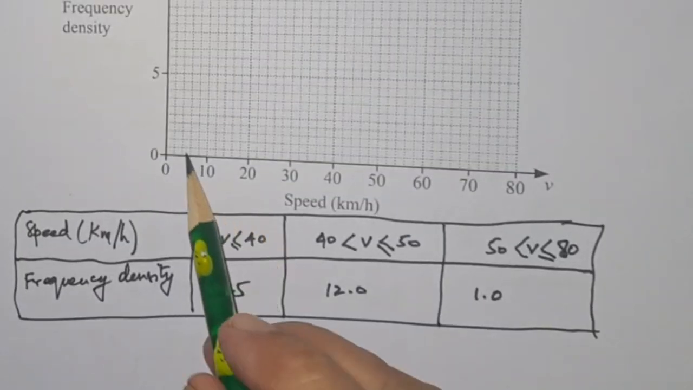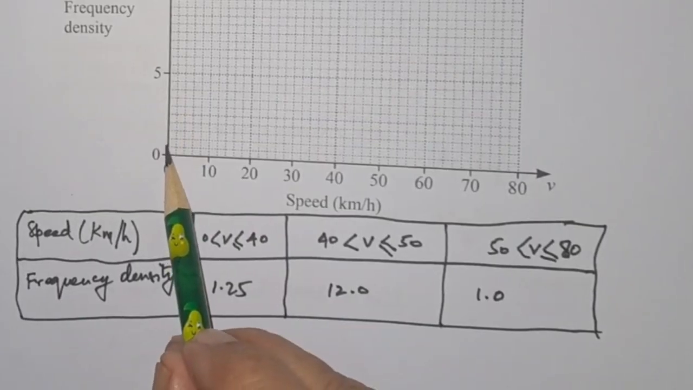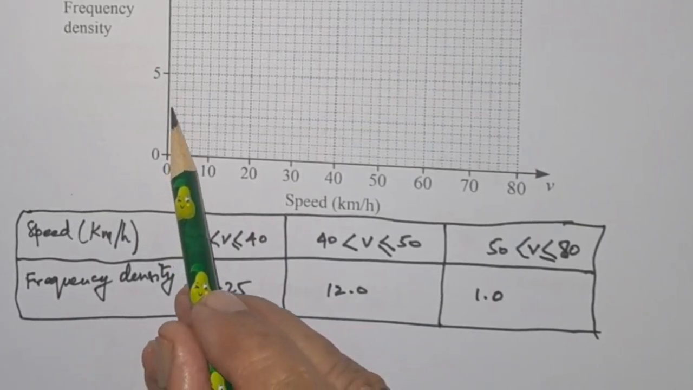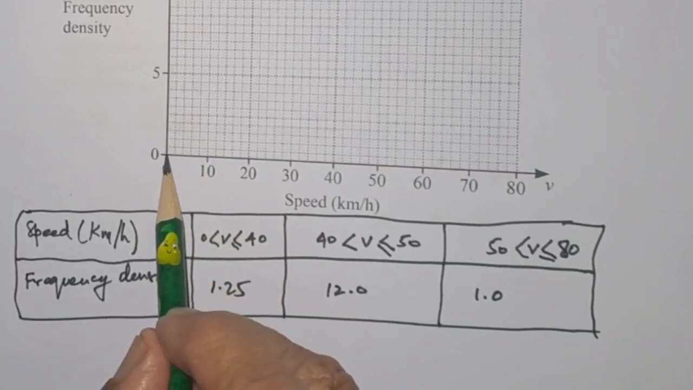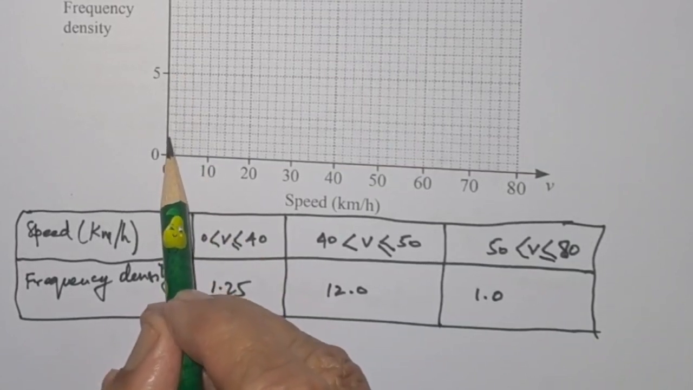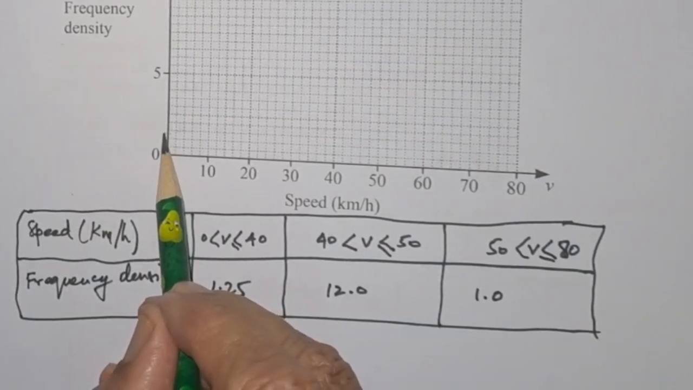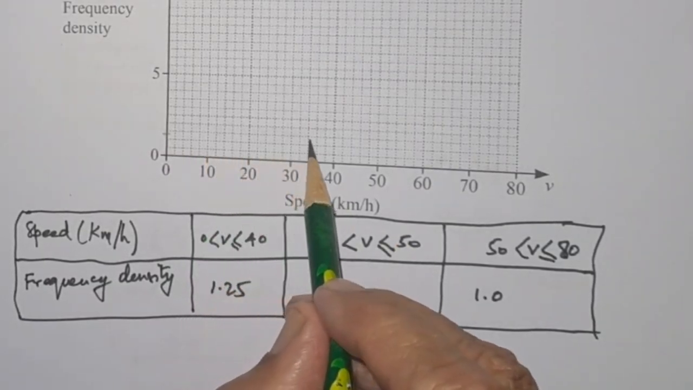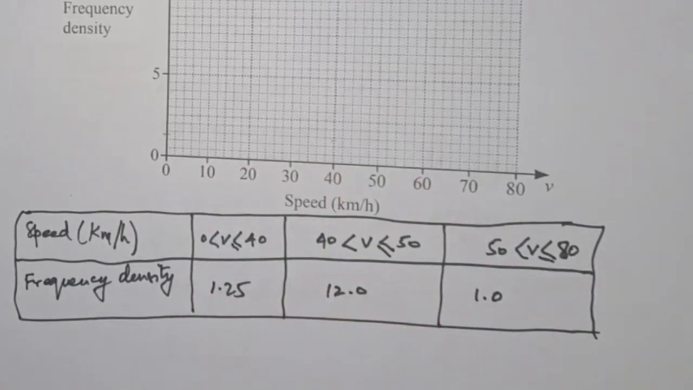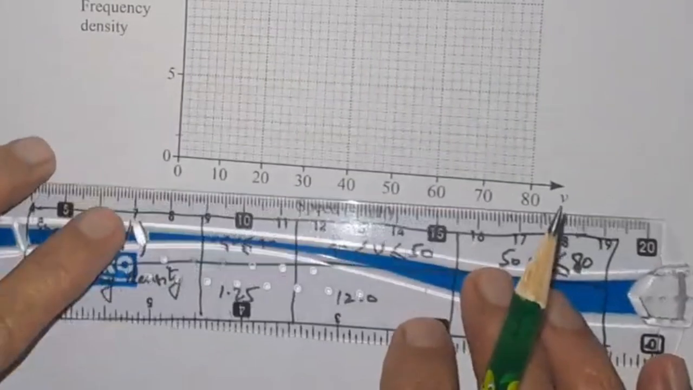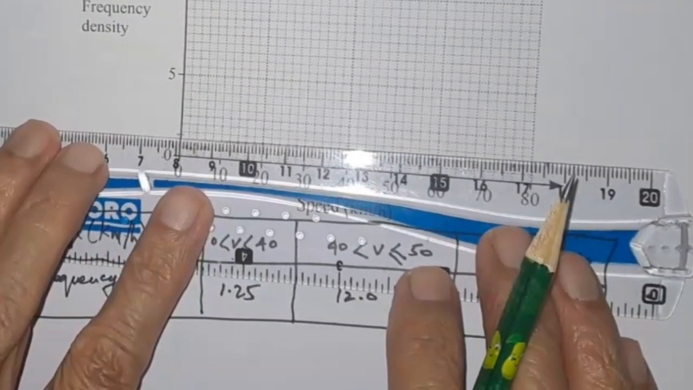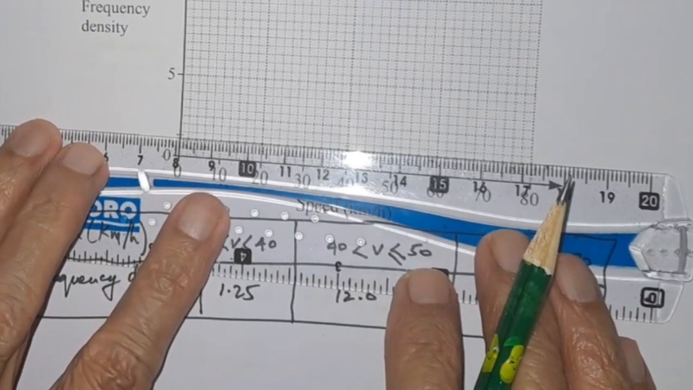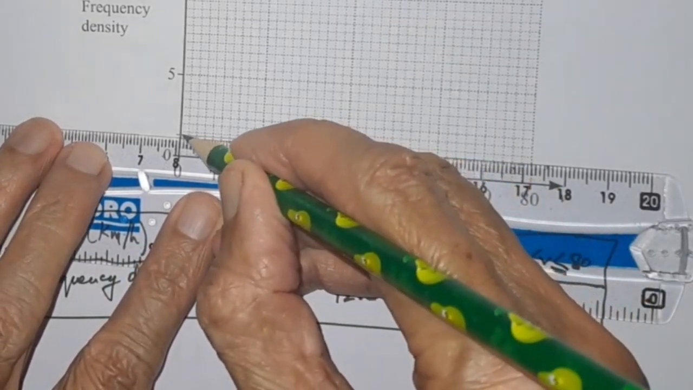So 1.25, this is 5, so this will be 1, this will be 2, 3, 4 and 5, so 1 and 1.5, so in the middle of this is 1.25, and we have to go to 40, so here is another mark for it, and then we can go for drawing that line for the first information. Here is that line coming up, this one,